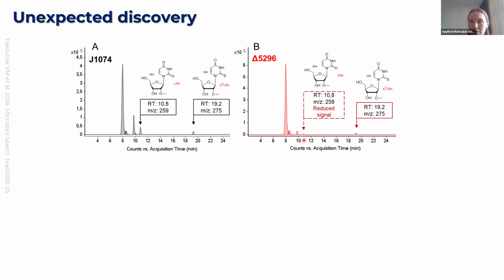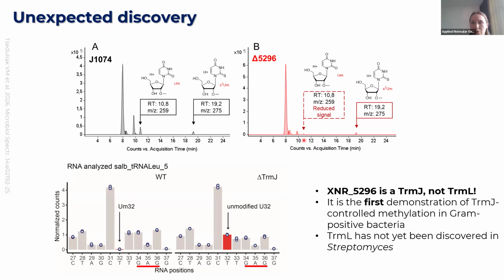Okay, and second, the position of the methylation that disappeared was not in BLDA as we expected, but it was in a different tRNA species with the codon GAG. And here we have an unmodified U in the 5296 knockout mutant. So our gene of interest is tRMJ, not tRML,